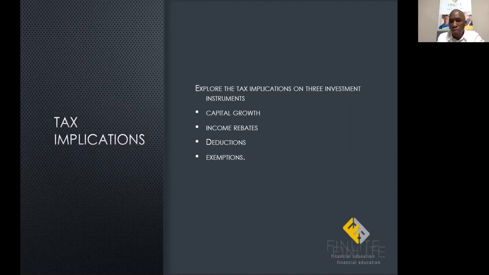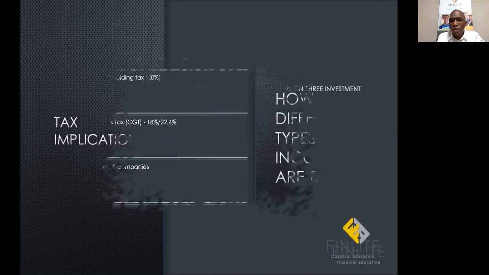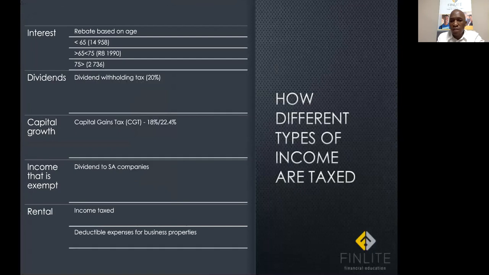You just need to remember that deductions are those that reduce your taxable income. Exemptions are those you get just after gross income. Those are the ones that are not taxable, anything that you receive that is not taxable. In terms of companies, we spoke of exemptions. In terms of dividends, those are exempt. So let's look at how different types of